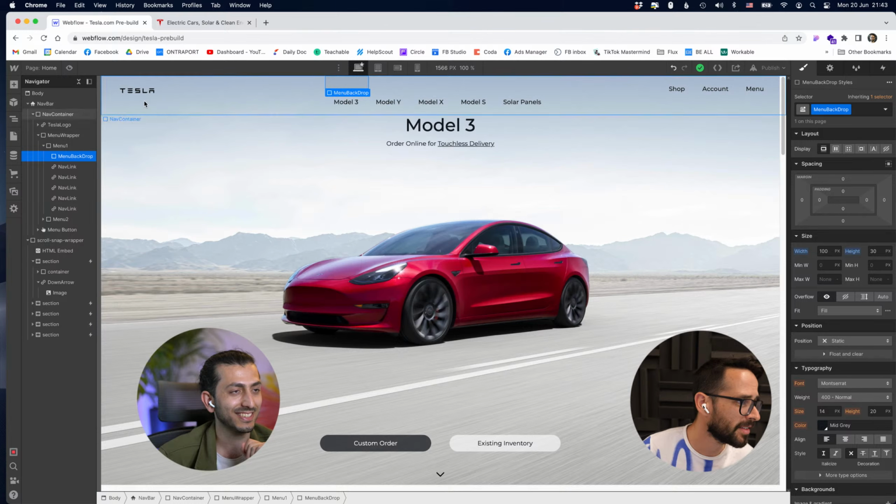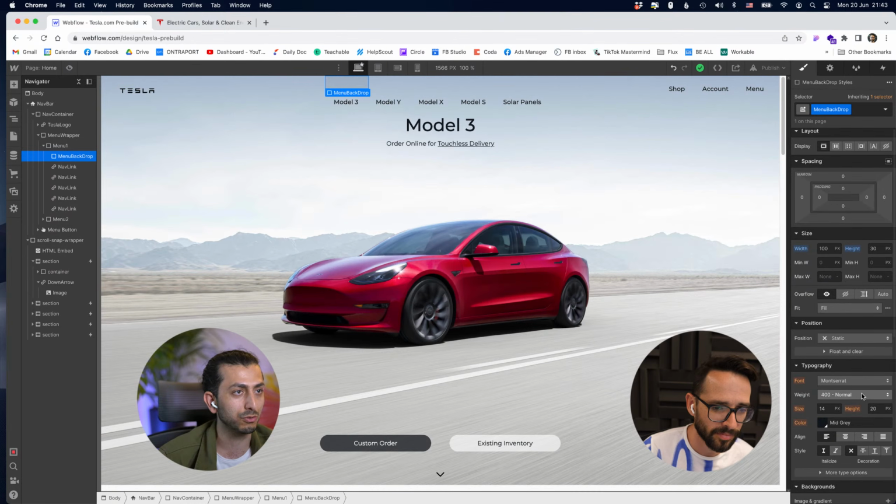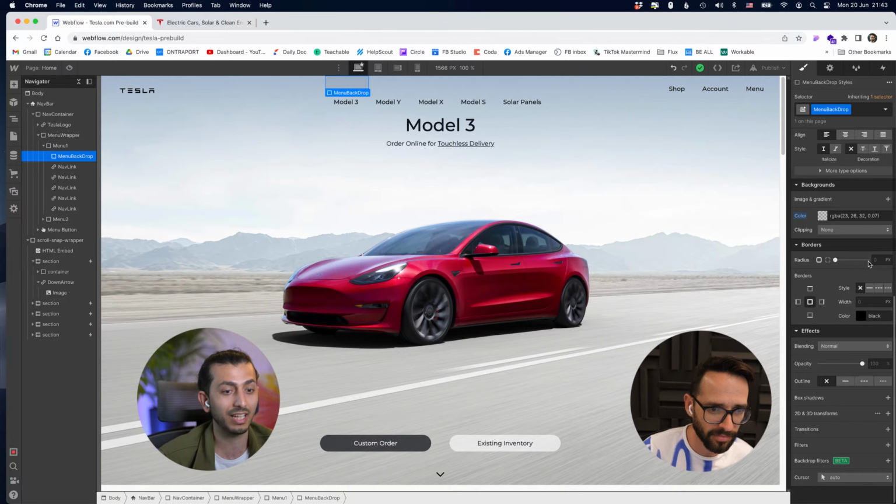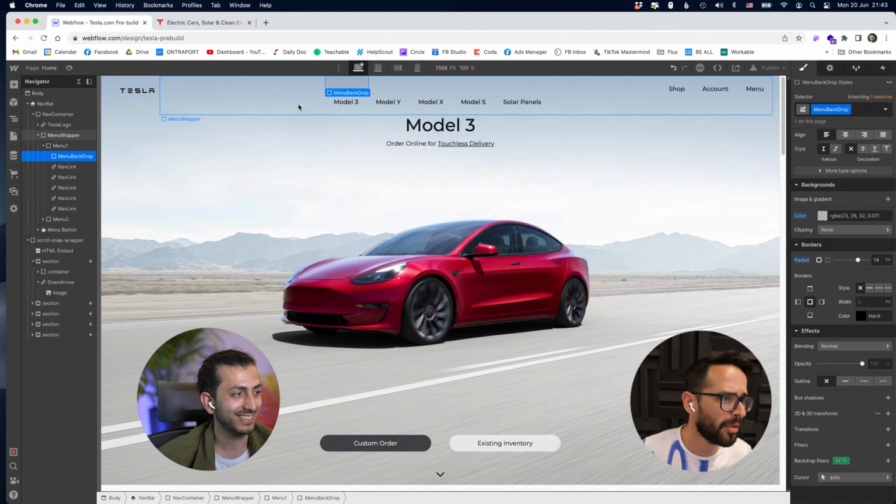Because the reason is when we're going into mobile, Webflow is going to hide everything that's inside the menu wrapper and hide it behind this menu button, right? That's the functionality. Sometimes we need to have two. That's a way of going around that. Okay, so in the meanwhile, what I did here is I